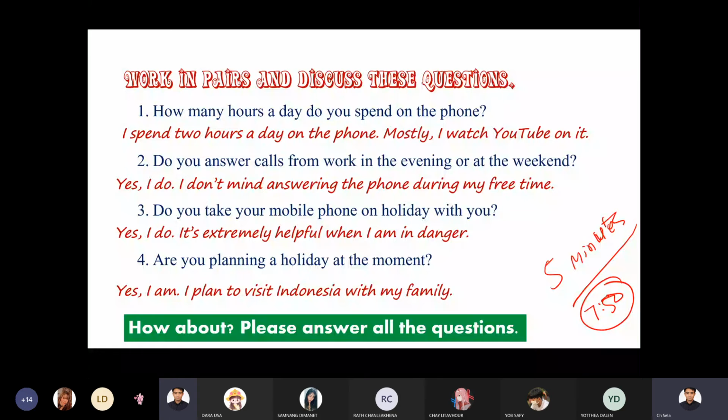Taisan, you better now. Last week you said you had a problem with an accident, but it's okay now, hopefully. Okay, Taisan, for you, number two. Do you answer calls from your work in the evening or at the weekend? Yes, I do. When someone has a problem in work, don't call me to ask something. Okay, thank you very much. I could not hear you very well, but at least I know, yes, I do. Okay, thank you, Mr. Taisan.